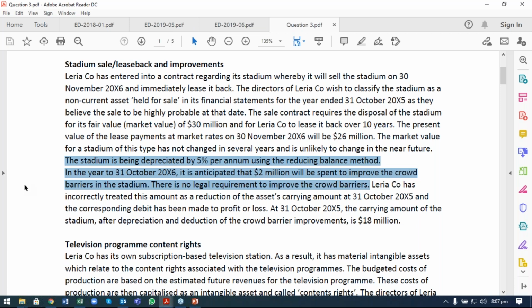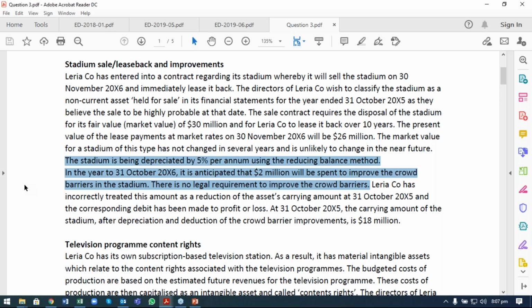There is no legal restriction on the Laria company that it cannot allow the participants or not allow the audience to sit within the crowd area without placing the new crowd barriers. So if that is the case, and if this is an improvement, it can never be considered as an impairment, and it should not be charged